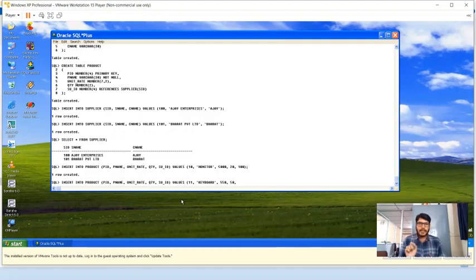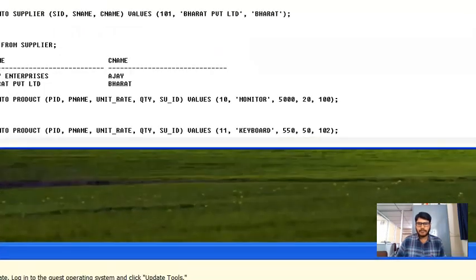So now I need to specify the supplier ID. Who has supplied this product? Assume that I need to mention either 100 as a supplier ID or 101, because these are the only two values which are present in the supplier table. But if I specify 102, which is not available in the parent table, let us see what happens. Now you can see what I have written.